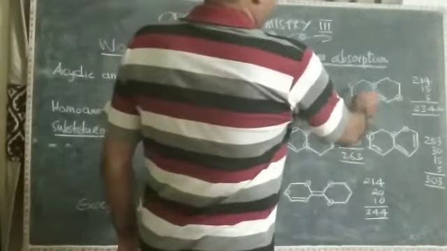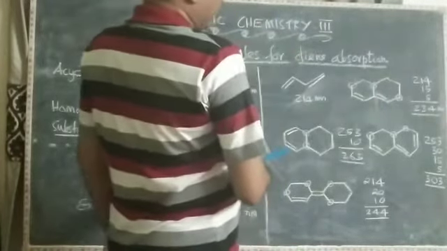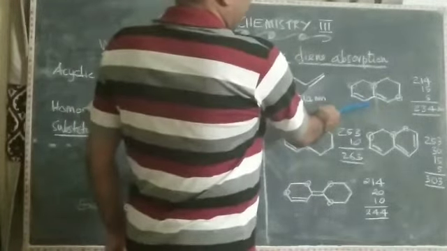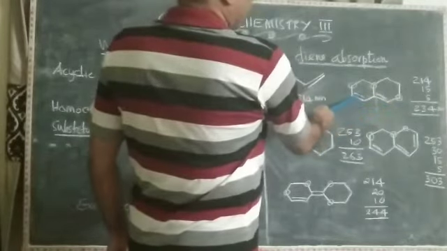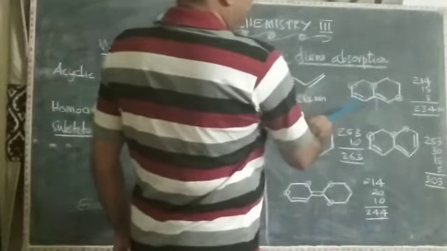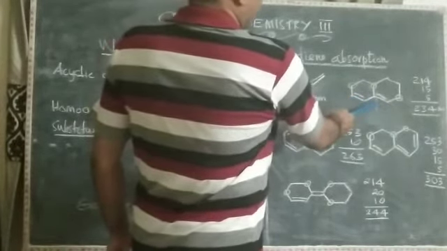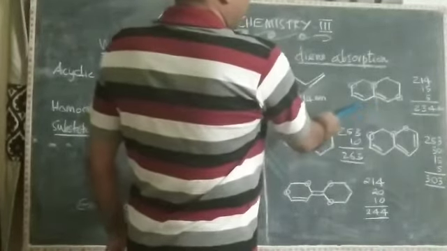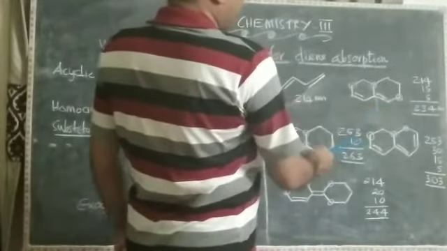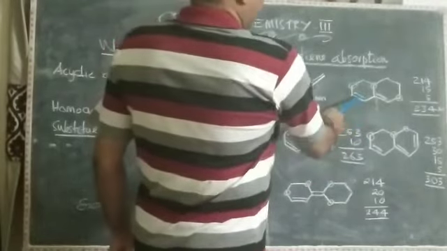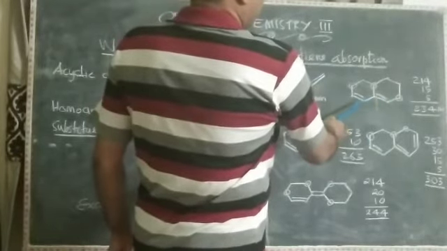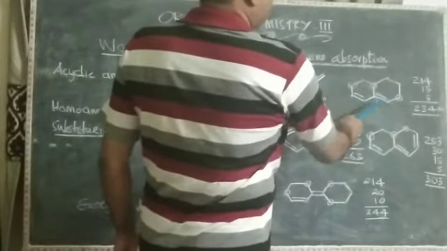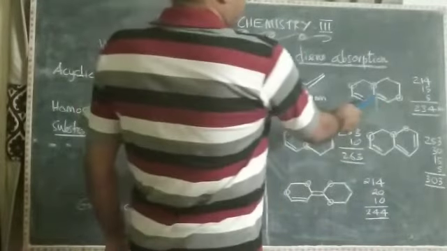The second example is this system, and as you see, the system consists of two rings and the double bonds are spread over the two rings. So, this system is said to be a heteroannular system. Hetero means different, annular represents the rings. So, the double bonds are spread over two rings, and so this system is said to be a heteroannular system.